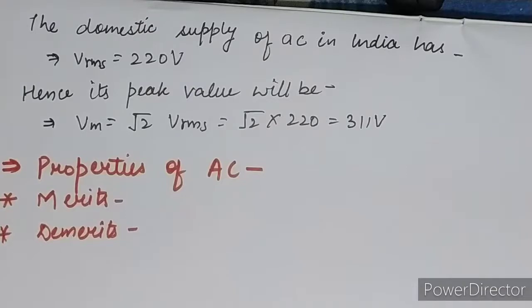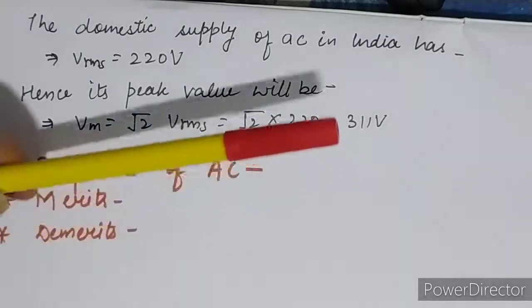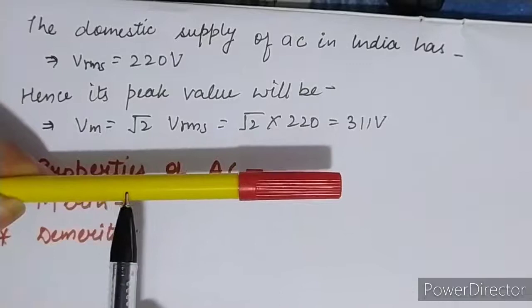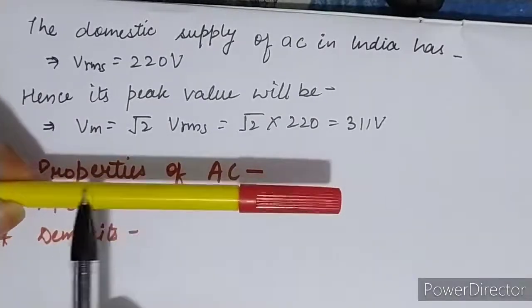The second thing is the skin effect. It means the high frequency AC current does not pass uniformly throughout the whole cross section of the conductor. It prefers the surface layer, the skin, the outer layer of the conductor. Due to its high frequency, it is not passed uniformly through the whole cross section; it simply passes on the surface. Like this is a conductor, it will pass on the surface. That's why it is called the skin effect.